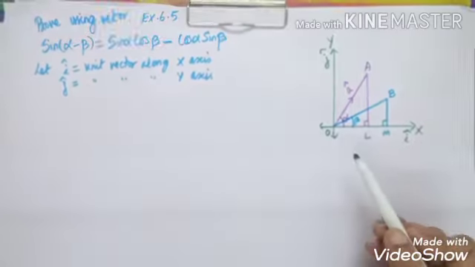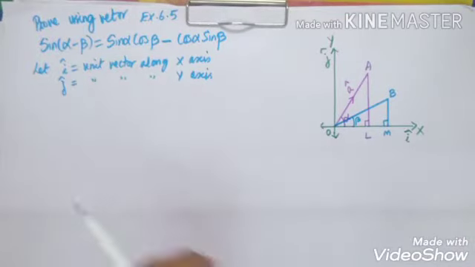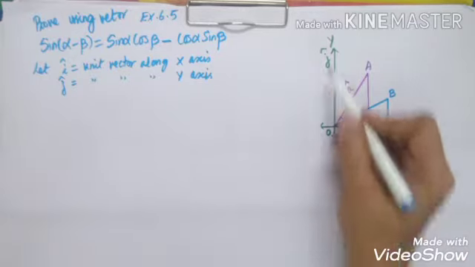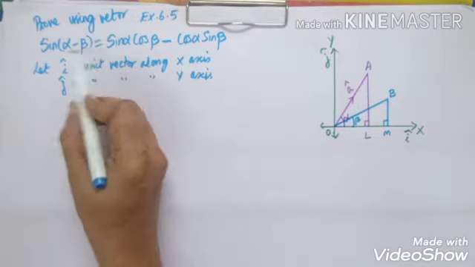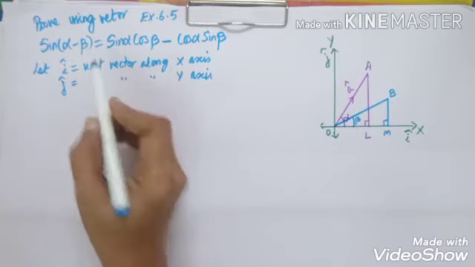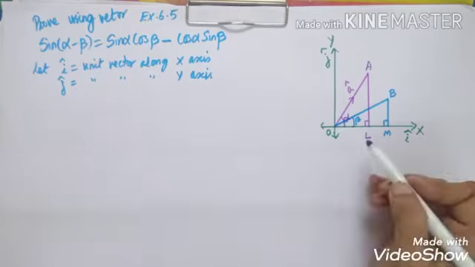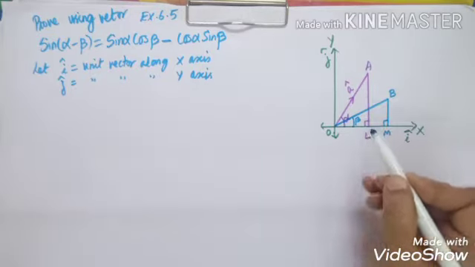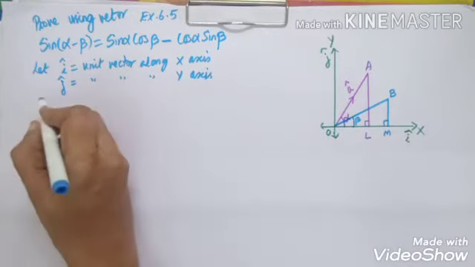To prove it using vectors, take the two angles alpha and beta. On the X-axis we take i, the unit vector. On the Y-axis we take j, the unit vector, and O being the origin. Alpha, beta, two angles are given. Let A make an angle alpha. So how will you write it? L, and I drop a perpendicular from A.